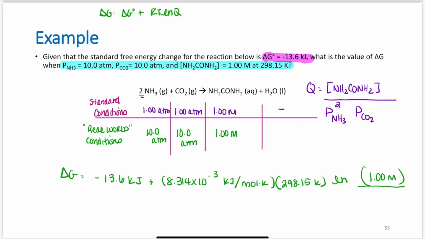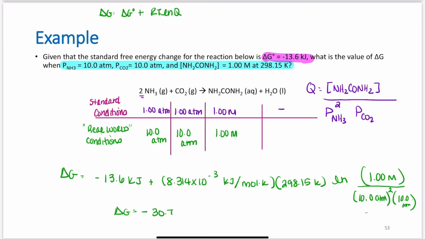My concentration of NH2CONH2 is 1 molar. My partial pressure of NH3 is 10 atmospheres, and that quantity is squared, and the partial pressure of CO2 is also 10 atmospheres. Solve this through. Now, the units look a little funky here, I know. We know that Q is unitless, so this quantity here becomes unitless. And we add all this up together. Delta G here,